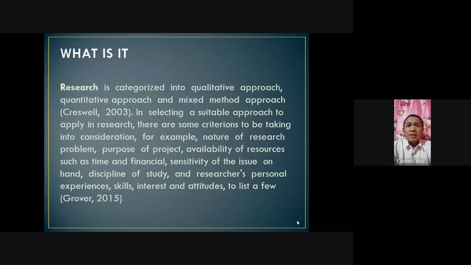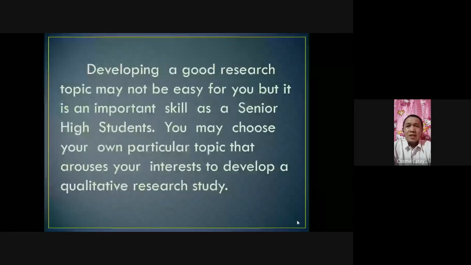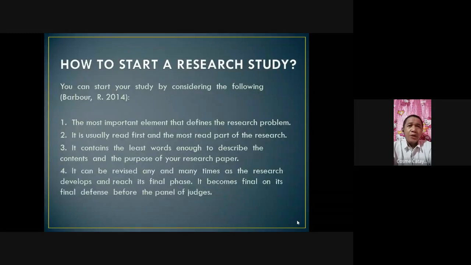Developing a good research topic may not be easy for you, but it is an important skill as a senior high school student. You may choose your own particular topic that arouses your interest to develop a qualitative research study. How to start a research study? You can start your study by considering the following, according to Barbour in